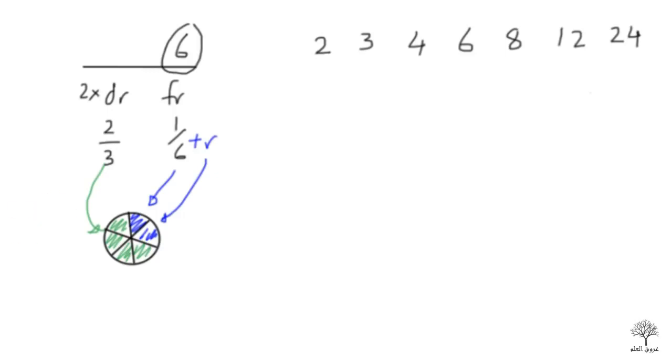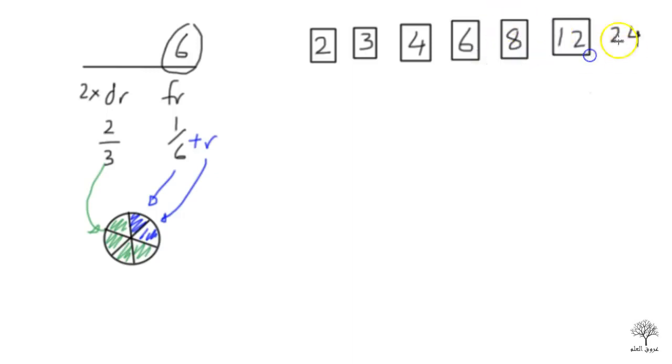These are the numbers that you normally will find at the top. You won't find any other number. Now you might have to change that number a bit later, but at the moment just stick to these 7 numbers that you have: 2, 3, 4, 6, 8, 12, and 24. So we start off with 6 here. The reason we're going to start off with 6 is because 6 over here works with the fractions 2/3